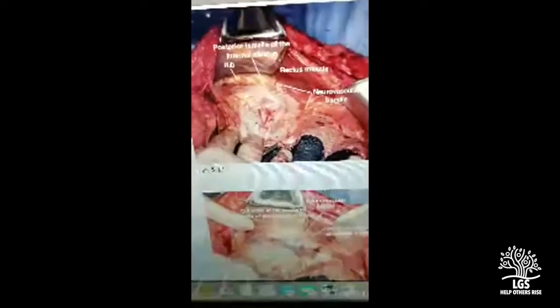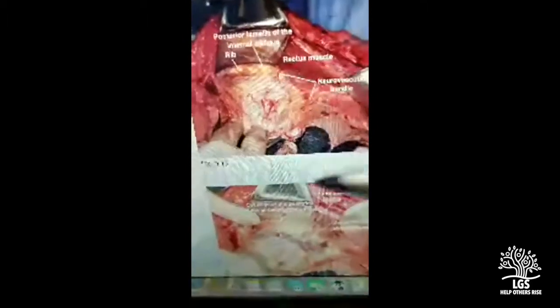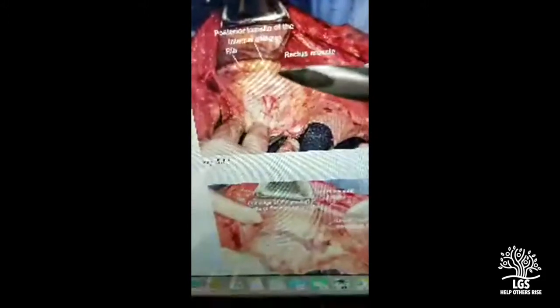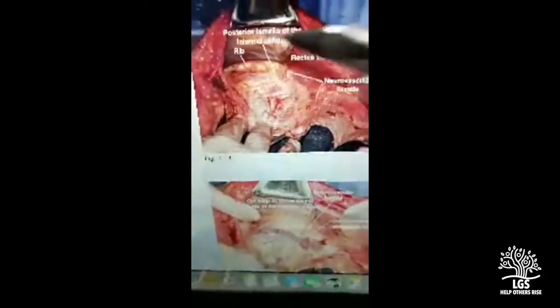Now this is a key figure. See carefully. These are the neurovascular bundles, the blue towel. Now this is transversus covered with the posterior lamella. Remember, all the credit is going to transversus abdominis. Nobody is naming the posterior lamella of internal oblique. And in the release, it is 5 millimeters medial to the neurovascular bundle. So the careful point is to avoid the neurovascular bundle.